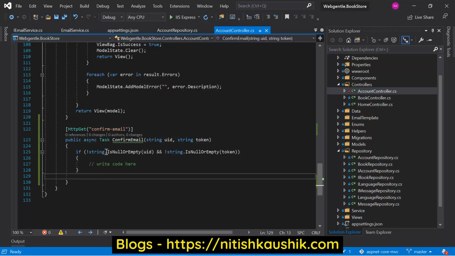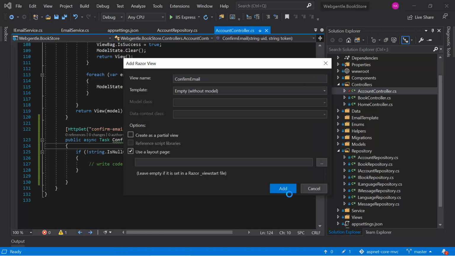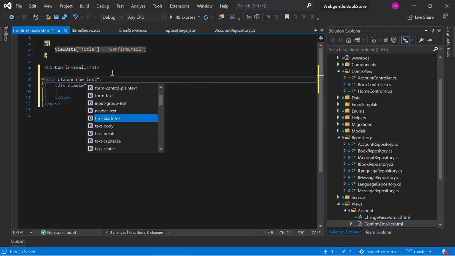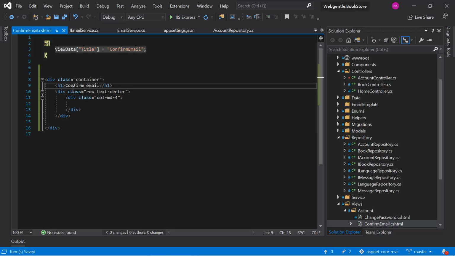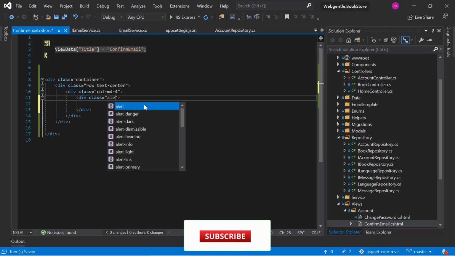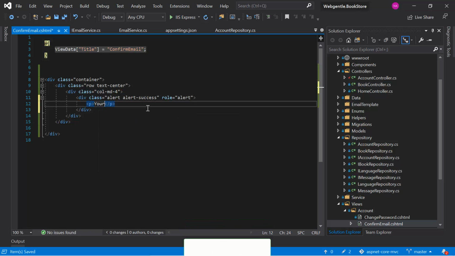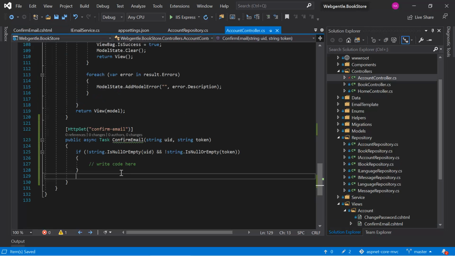Let's add a new view for this particular action method. Right click on this one, choose add view. Let's click on the add button. Let's go back to the account controller, and over here we need to write some logic so that we can